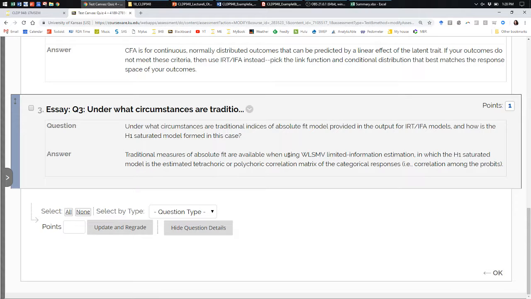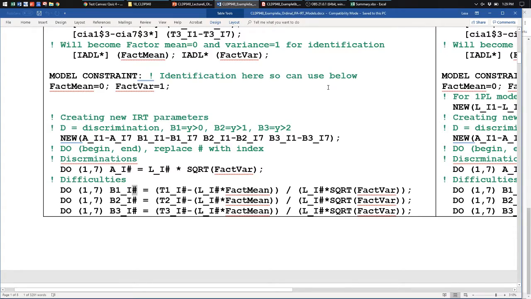So then last but not least, yes, limited information is when you get fit statistics. The idea is that they first summarize the item response patterns into either a tetrachoric or polychoric correlation matrix, and then they run the CFA operations on that matrix. So you end up with an estimated H1. It's their best guess as to what the best model is, and we can compare that with our predicted model from the factor structure. So the very end of example 6A, I have